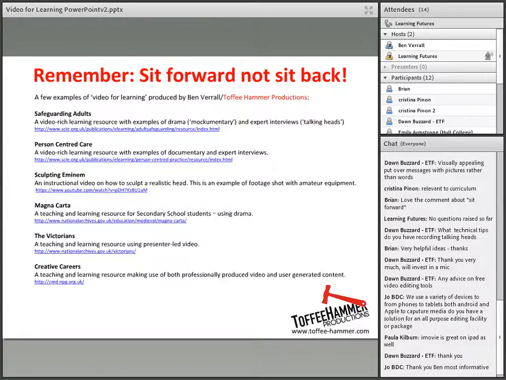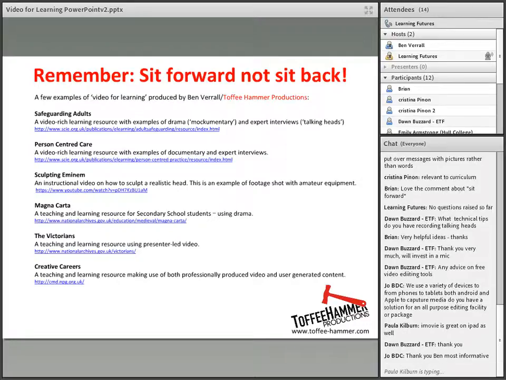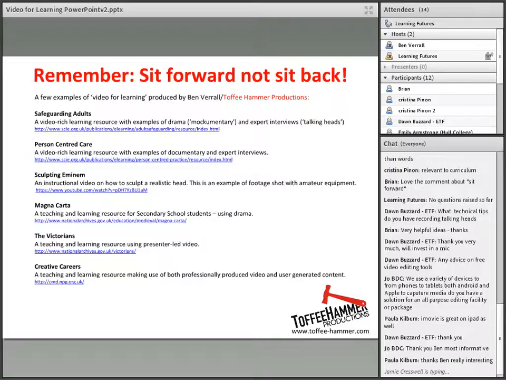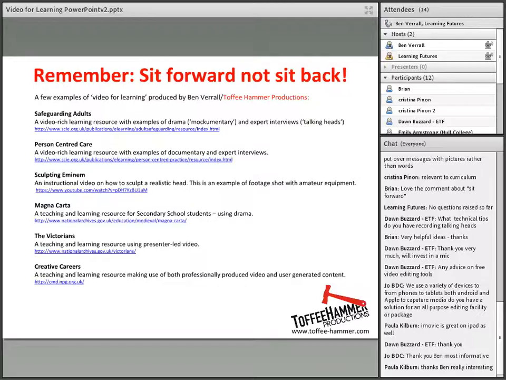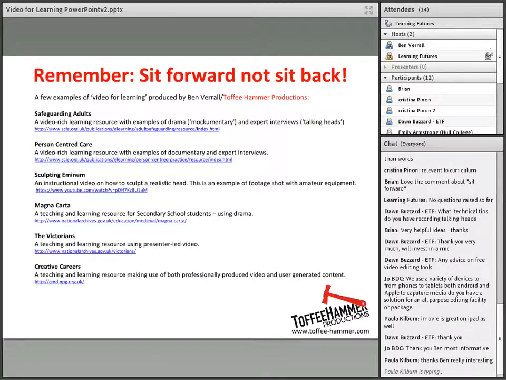Brilliant, thanks. Ben, just as a final question, you may see the question there from Joe, saying that they use a variety of devices from phones to tablets, Android and Apple. Joe was asking whether you had any recommendations of a solution that takes all of those different types of media formats. Absolutely. I don't have a simple answer to that, unfortunately, but I have a lot of experience